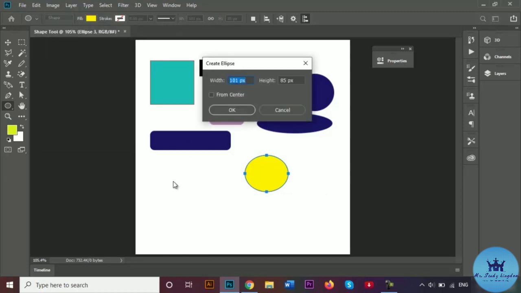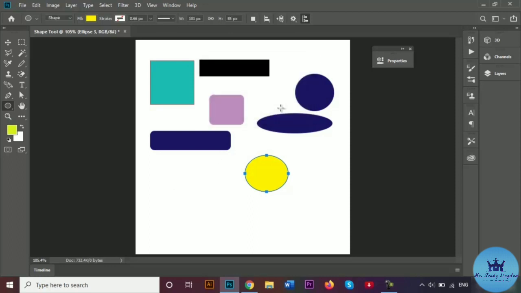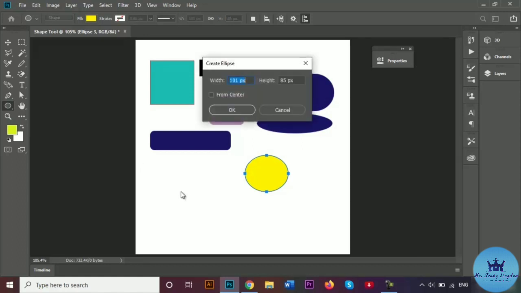So in case I want to also give a particular dimension to my shape, be it any shape, right? For example, right now I have my ellipse tool right here. So if I just tap on my document once, you can see that it's asking for the width and the height, right? So if I check mark from the center, which means from the center it's going to make my ellipse, right? So if I click on OK,